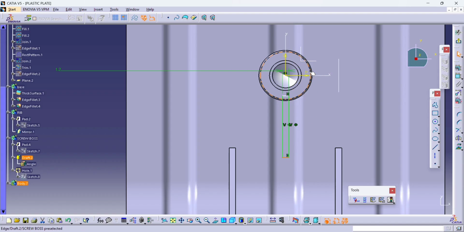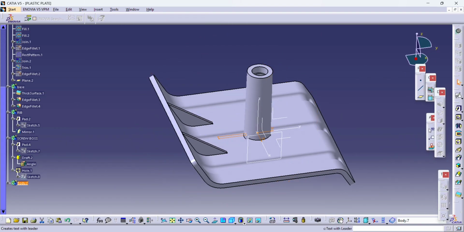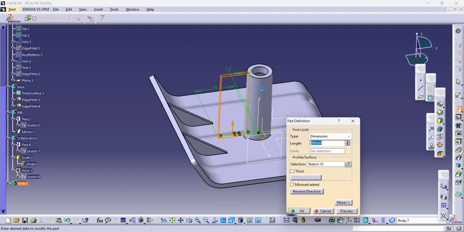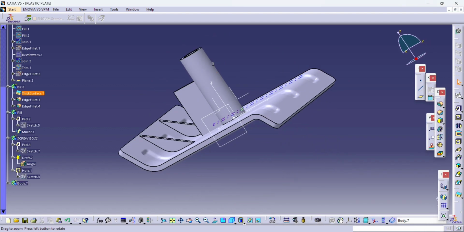Give the tentative dimension. We'll keep the dimension as 15 mm. So let us pad this for 20 mm and as usual at the bottom side we'll use the reference of the surface. Okay,